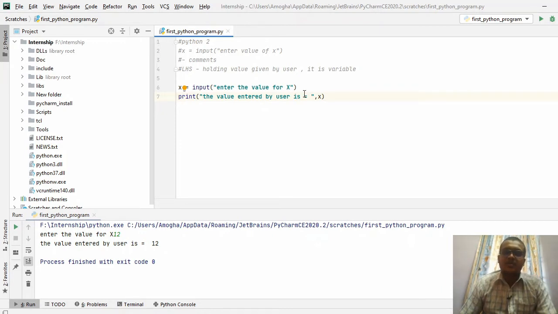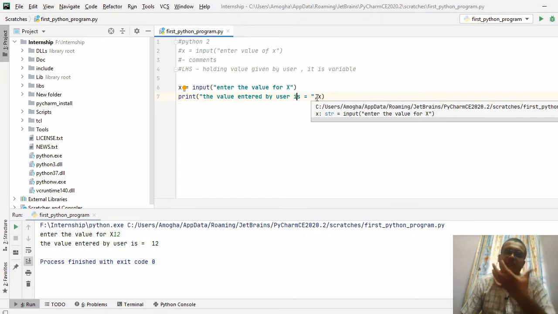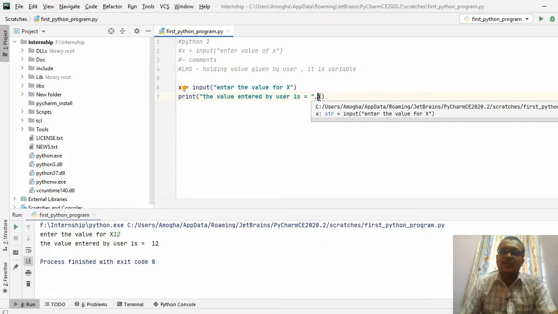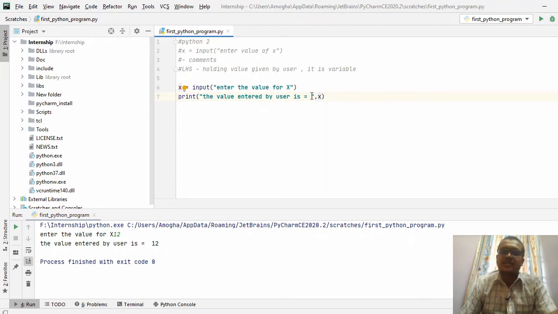This is the same procedure which is used in C also. You have used two double quotes. Whenever the double quotes come into the picture, whatever you enter inside is user defined. So you are passing what result you need to be written after typing this or after displaying this string: the value entered by the user. So this is the syntax for printing statements after taking an input from a keyboard.